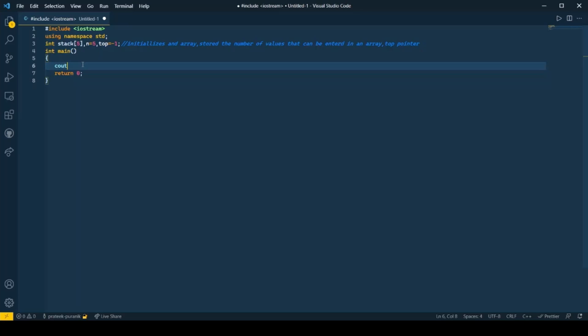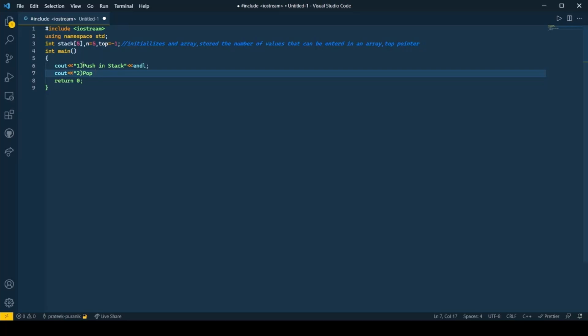First would be cout, press 1 for push in stack, and endl to print a new line, then cout number 2, pop from stack, and endl to print the next one, then cout option 3 for display stack.